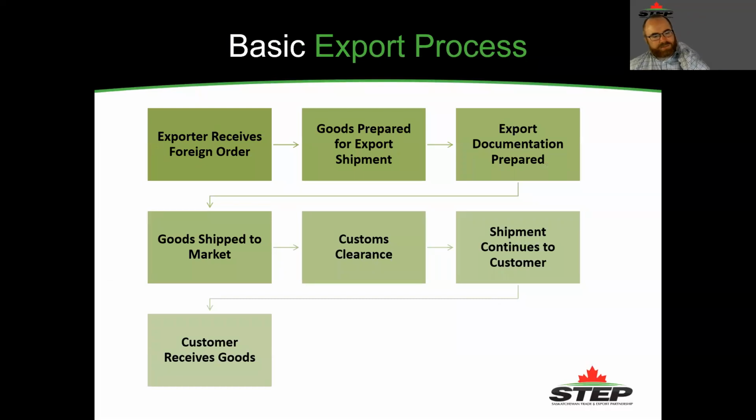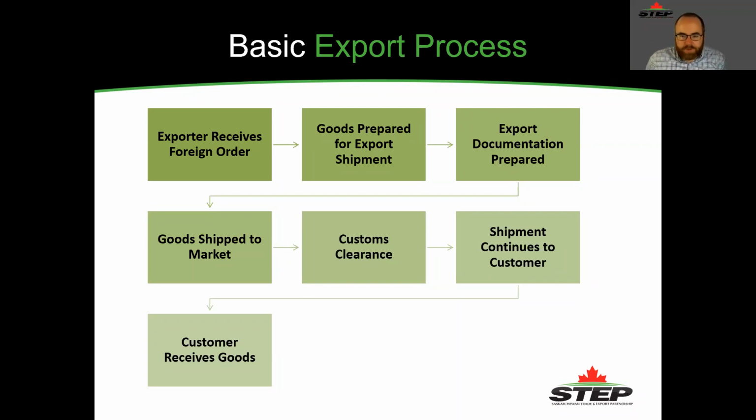So I kind of came up with this slide, and it really is what I deem to be the basic process when exporting. When we're talking today, we're really going to be talking about what is called formal entry exporting. So that's a commercial export, typically over the value of $2,500. The customs regulations and everything around that is a lot different than just sending a product to, say, someone in the US through the Postal Service that's valued at $50, which is a much simpler process, which would be called informal entry or mail entry.